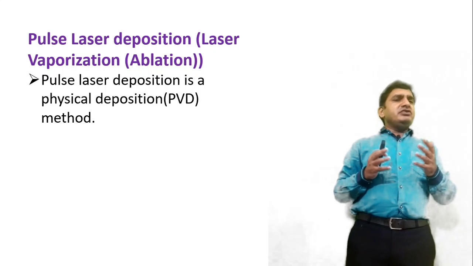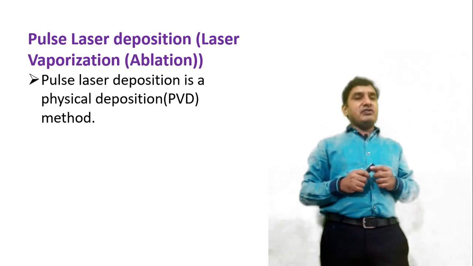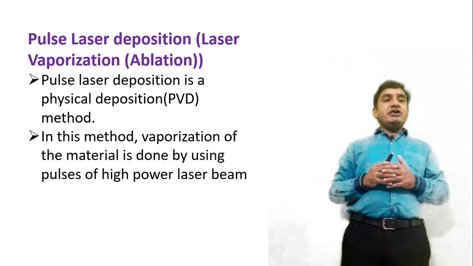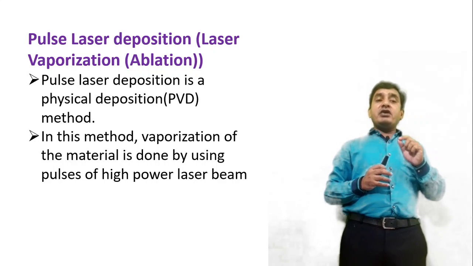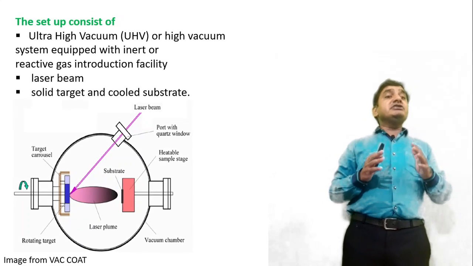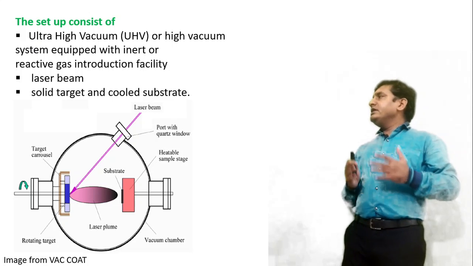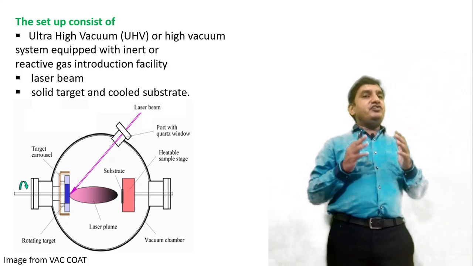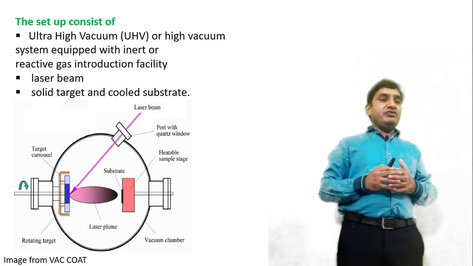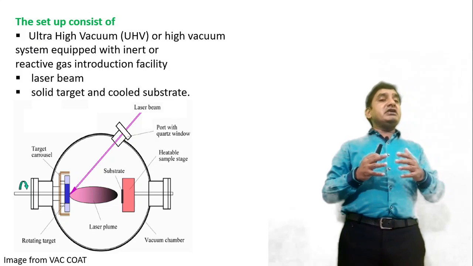Pulse laser deposition is a physical vapor deposition. This is a physical method for synthesis of a nanomaterial. In this method, vaporization of material is done by using pulses of a high power laser beam. That is, the high power laser beam is incident on the target material so that the material is evaporated, and this evaporated material, or vapor, or atoms, or simply the laser plume, is deposited